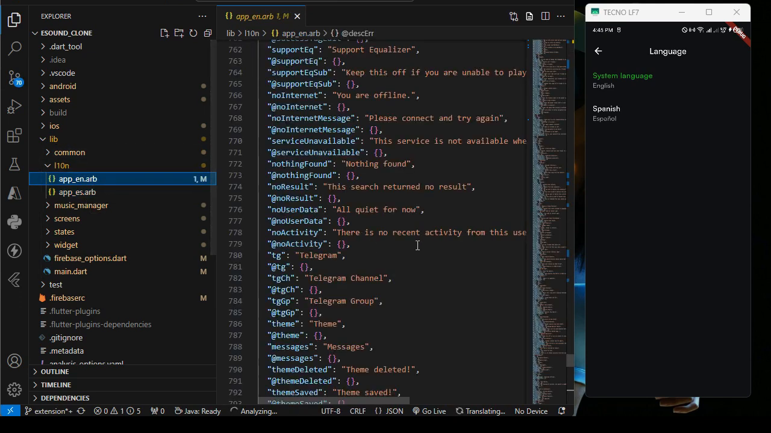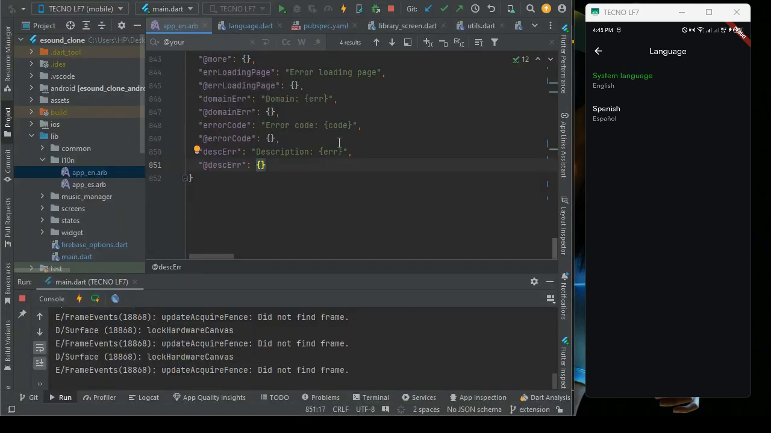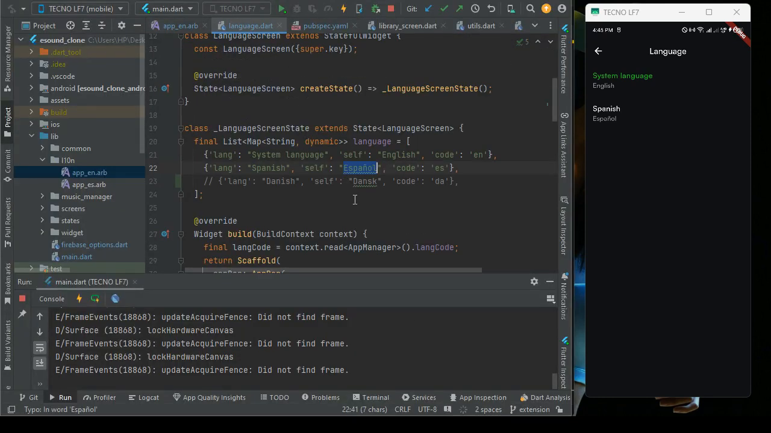Now, while that's translating, let's go over to Android Studio. Okay, so let's look at how the language localization works in this app. Here we have the name of the language in that language. So for Spanish, it's called Español. And then we also have the language code. The code is the most important thing because that's what the